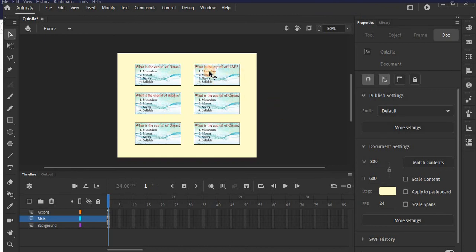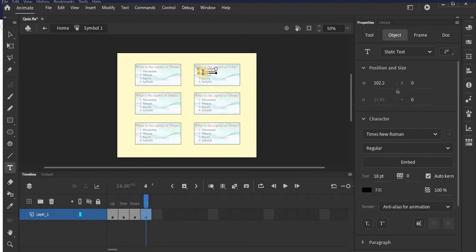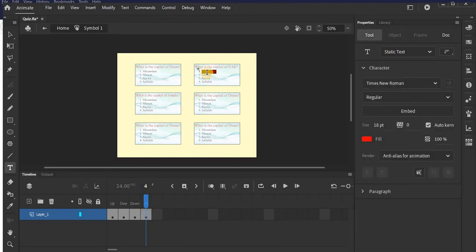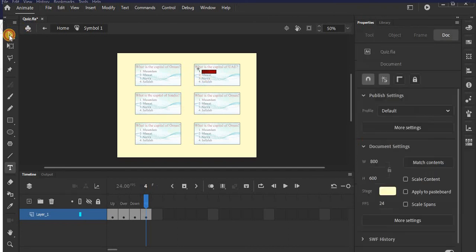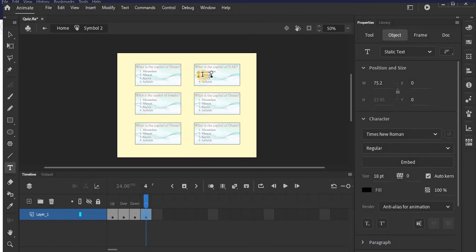Now if we talk about this button, you have to change the choices because in the first one we have the 2. Here we can change it to different options rather than having 2 for all the buttons. So I double click it. For example, for UAE I created a LAN. Here I change it to, for example,